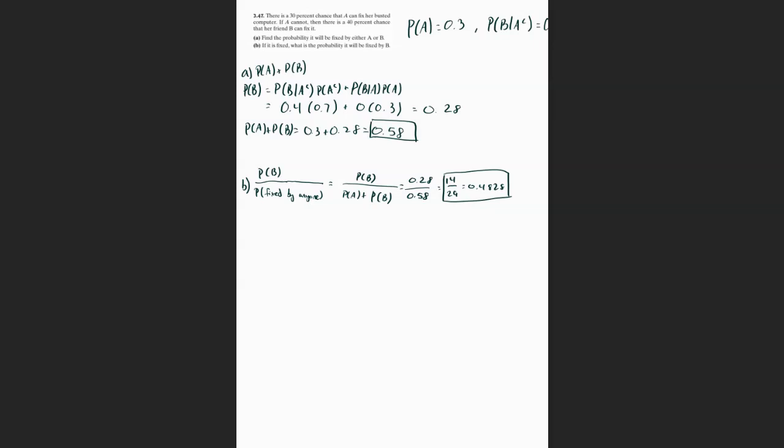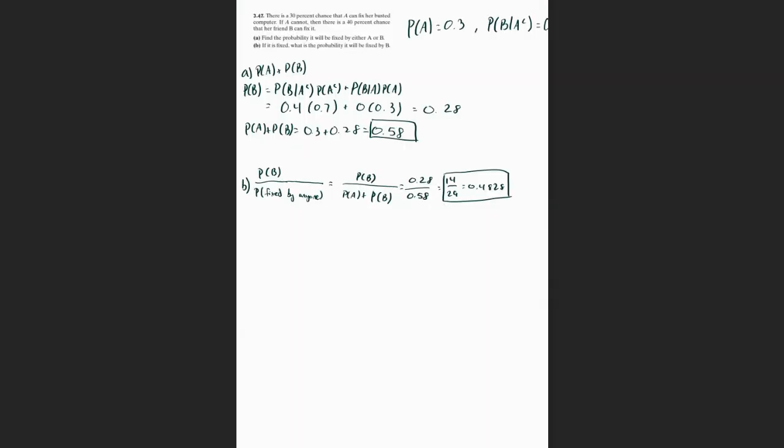Plus the probability of B fixing it given that A can is 0, because if A fixes it, then B does not need to do anything, times the probability of A fixing it. So that is 0. So you have 0.4 times 0.7, which is 0.28. That's the probability of B fixing it overall. Adding that to the probability of A fixing it, the probability that it will be fixed by either A or B is